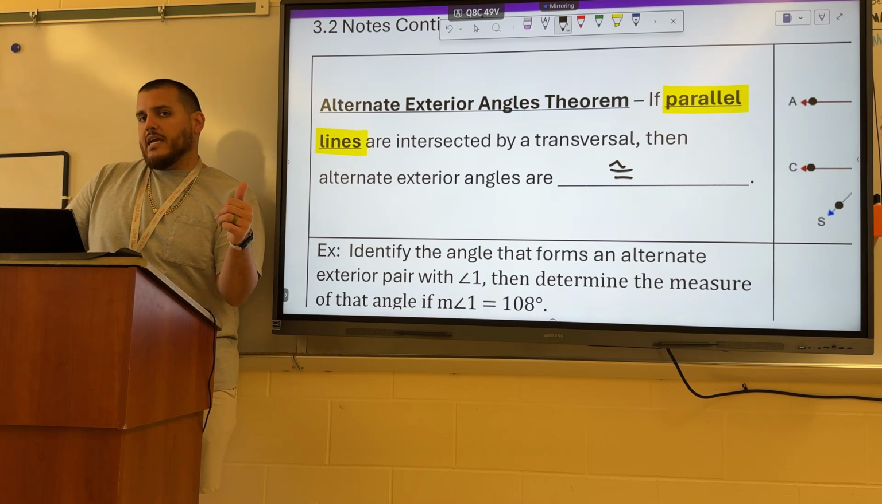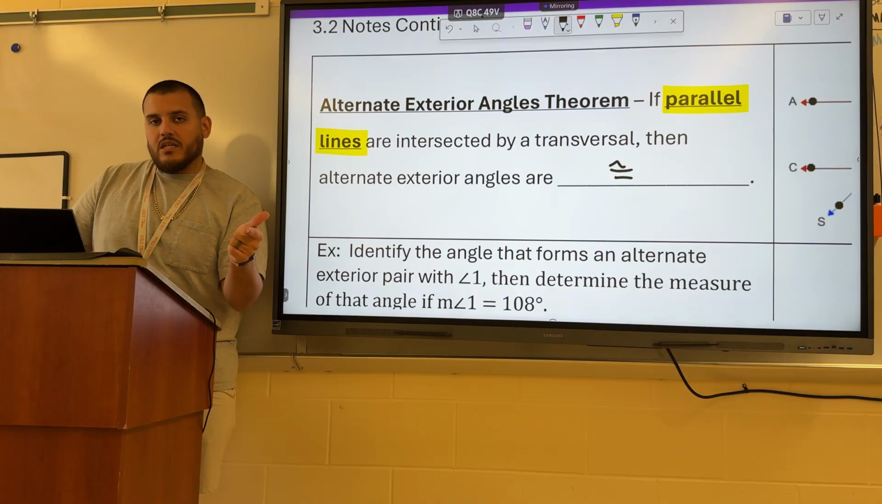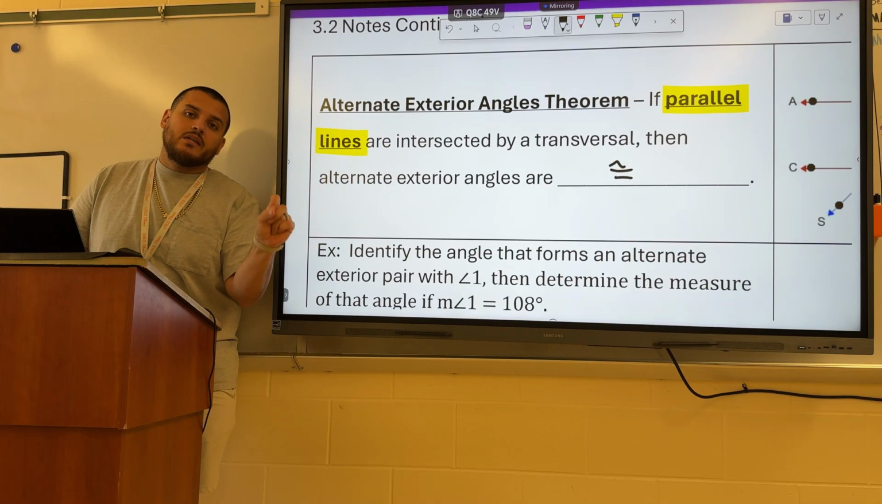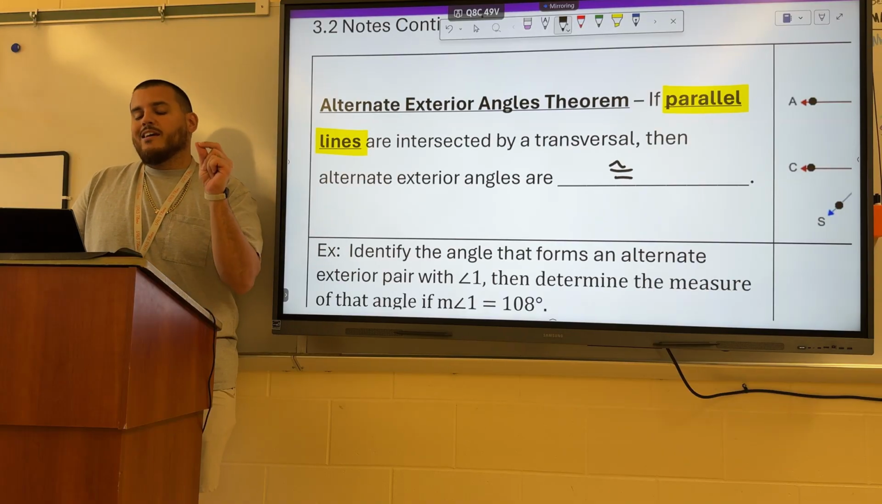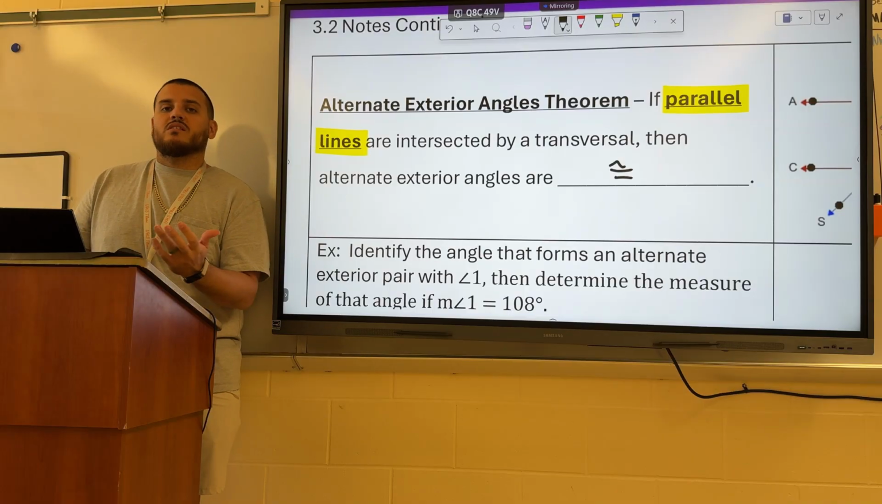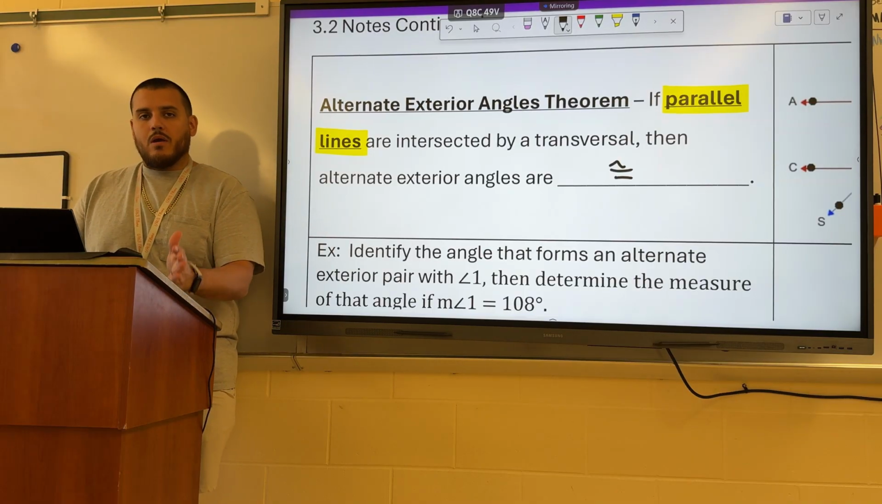So this is a quick little recap here. The corresponding angles, the alternate interior angles, and the alternate exterior angles are all going to be congruent angles on parallel lines. The consecutive interior angles, that's the pair that's different. Those are supplementary to each other. We must memorize